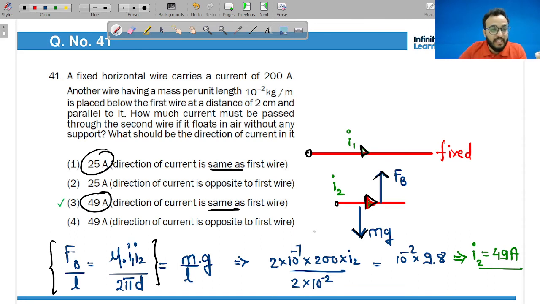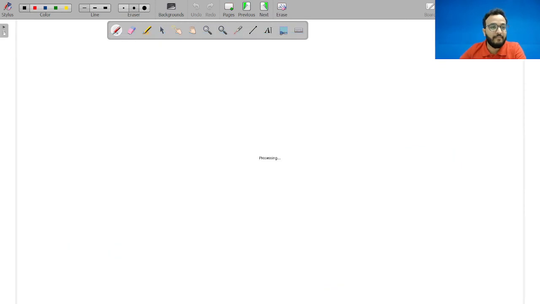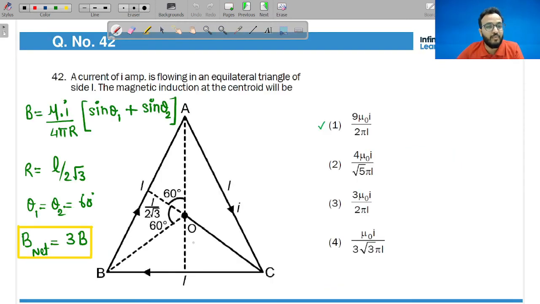That is force, magnetic force per unit length should be equal to the weight per unit length, mg by L. So we equate these two forces and finally we get the answer, 49 ampere, same as first, right? Question number 42. Now here, see, since it is a loop,